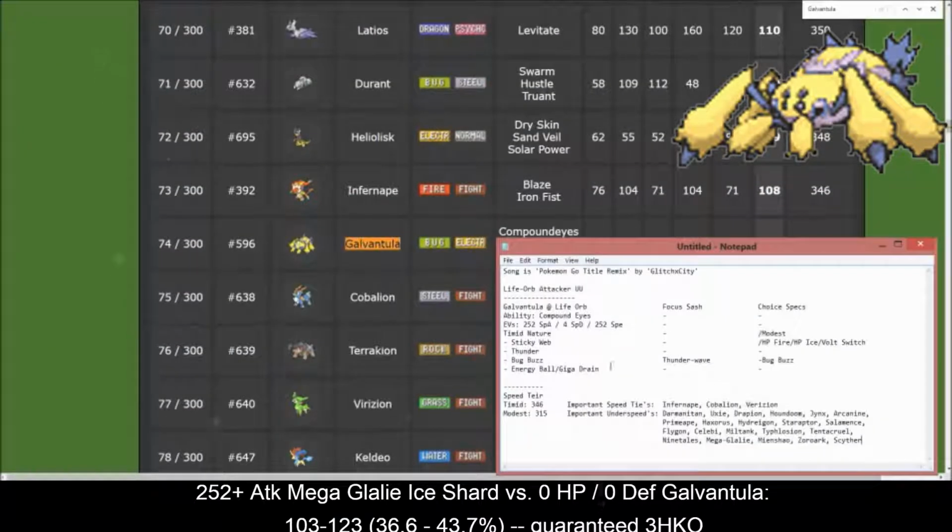You will hit a lot harder though. But the ones that are important to note are Dominitan, Uxie, Drapion, Houndoom, Jynx, Arcanine, Primeape, Haxorus, Hydreigon, Staraptor, Salamence, Flygon, Celebi, Miltank, Typhlosion, Tentacruel, Ninetales, Mega Glalie, Mienshao, Zoroark, and Scyther. It's important. Now I'm going to go through these if you want to go modest, so